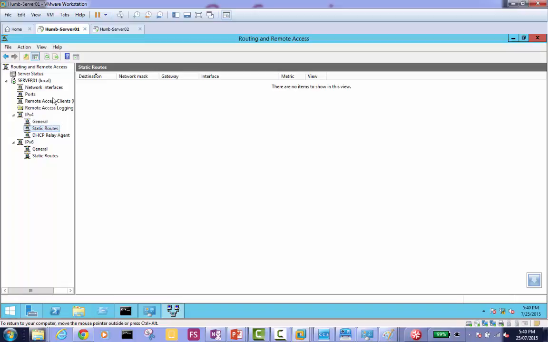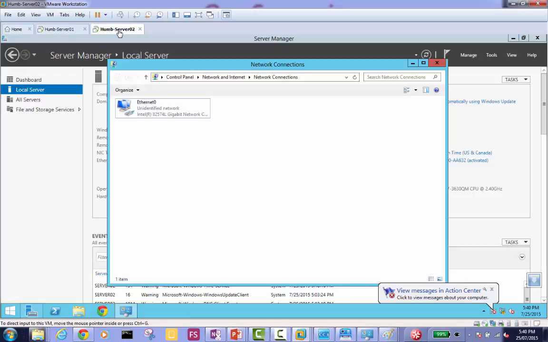Right now, what's left here for configuration of VPN? Let's go to the client and check it out. Okay, we will be coming back to this guy here. Remote access client is 0, right? Keep it there, and I'm going to my member server. What do I do here? I need to configure a VPN client. Do we have a third-party VPN client? No, we have a built-in Windows VPN client as well, which we can create.